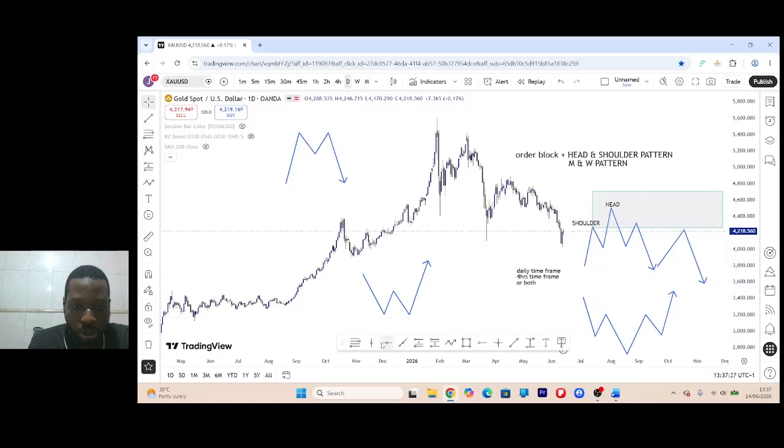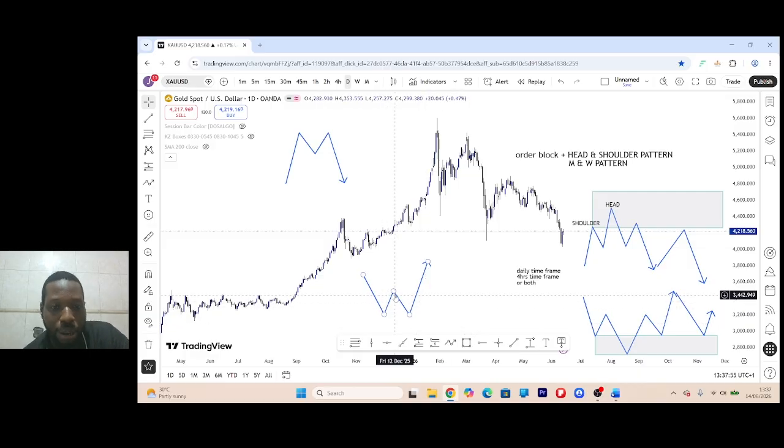So for this one also, if you want to draw an order block, you will start from the shoulder down like this. So we're expecting price to actually come from this place, test here, and finally move in the up direction. So coming to this area also, now this one works more